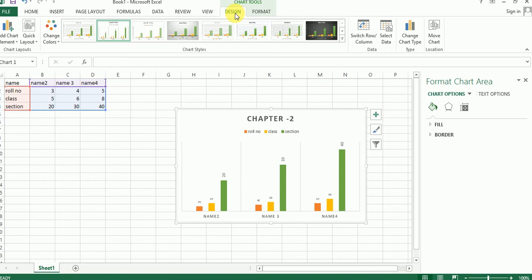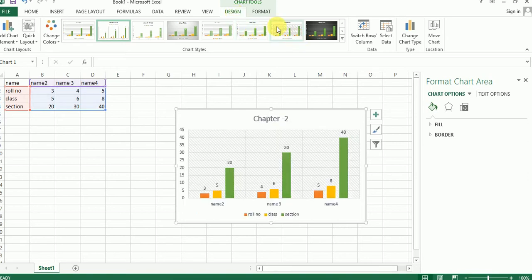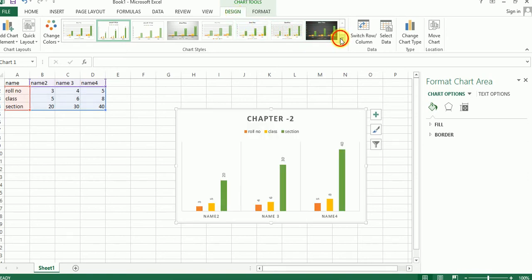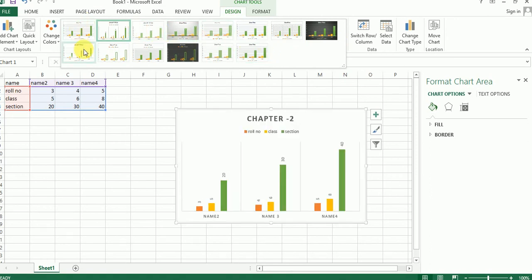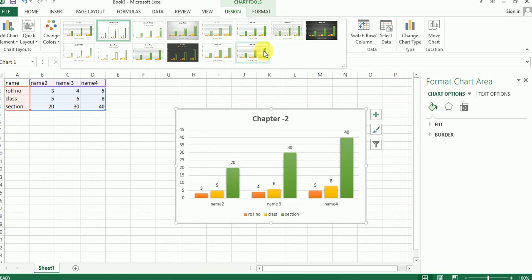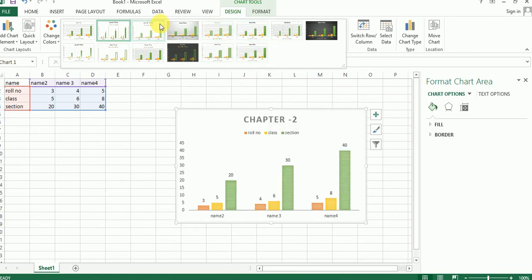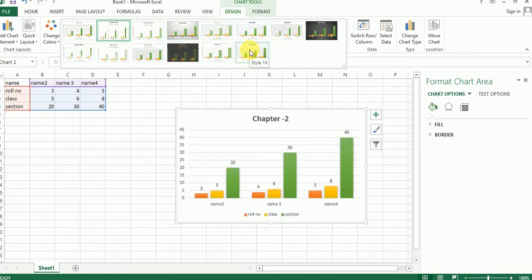After inserting a chart, you can also use the Design tab, and you can see different styles of charts.